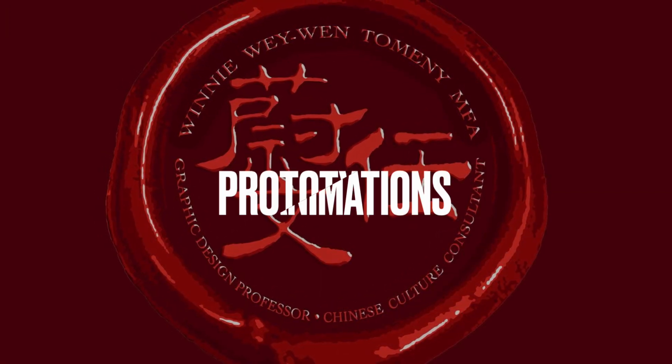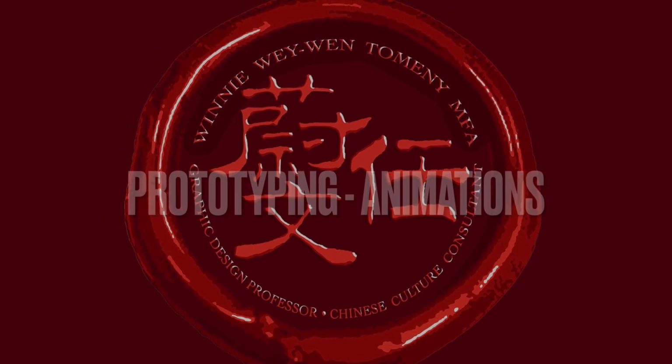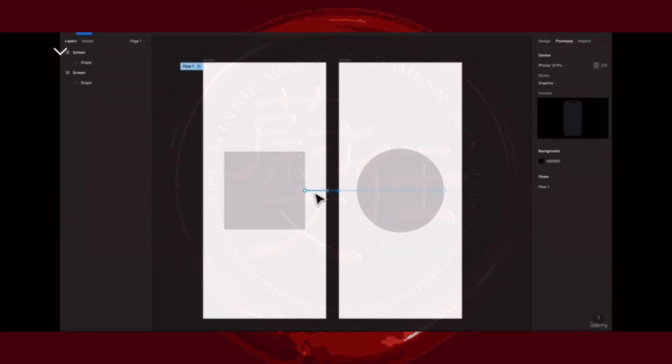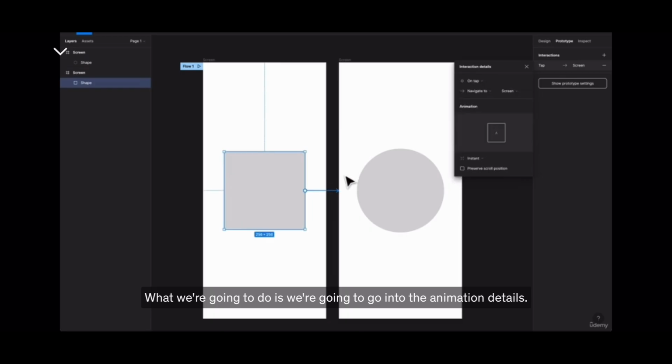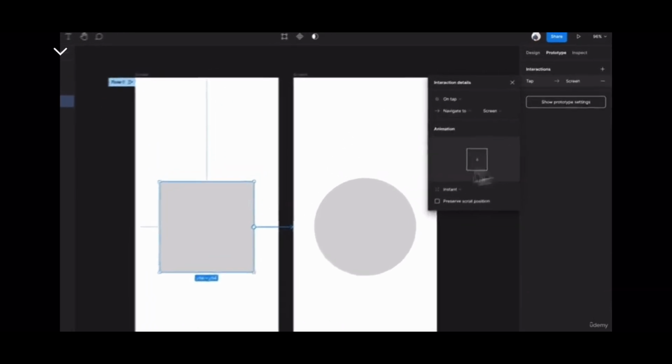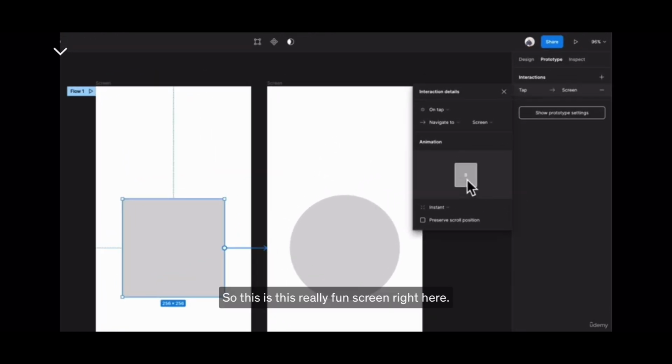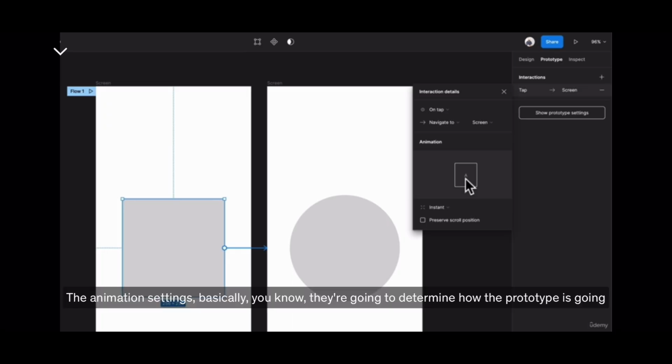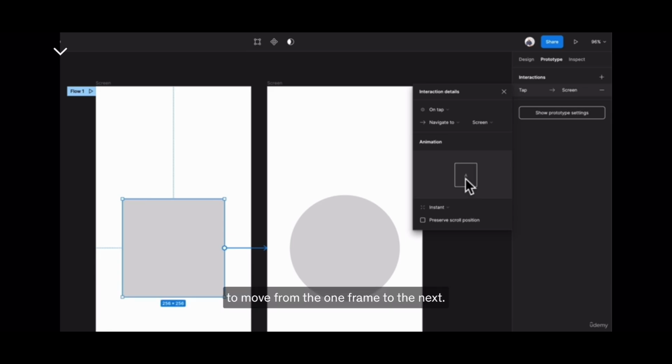We are in our very simple prototype, just learning the basics right now. What we're going to do is go into the animation part. This is the really fun screen right here. Now, you can adjust the animation in Figma easily. The animation settings basically determine how the prototype is going to move from one frame to